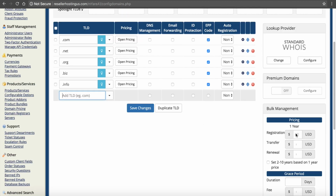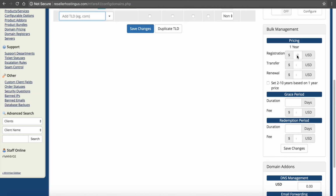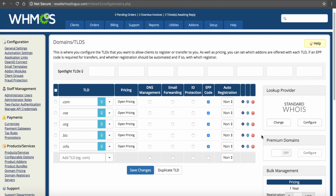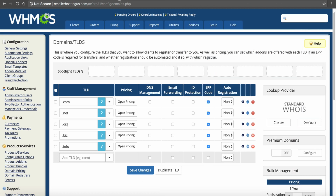If you want to add stuff like there's a grace period, your domain pricing for bulk, but like your DNS management, email forwarding, ID protection, those things can all be added here as much as you want to price them. But once we make our changes and click Save, now if we go back to our site, and I've got to reload the site, then we'll be able to reflect that on our live interface